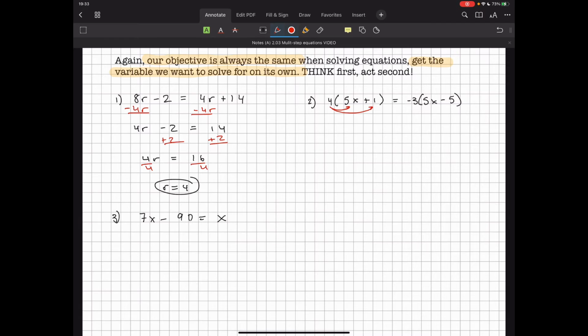Here in problem number 2, I think perhaps the best way to start this problem might be to distribute the 4 to the 5x plus 1, and on the right side of the equal sign, distribute the negative 3 to the 5x minus 5. Now when we do that, we're left with 20x plus 4 equals negative 15x plus 15. And now this is very similar to problem number 1 in that I can get the variable on one side right away. And I'm going to do that by adding 15x to both sides,